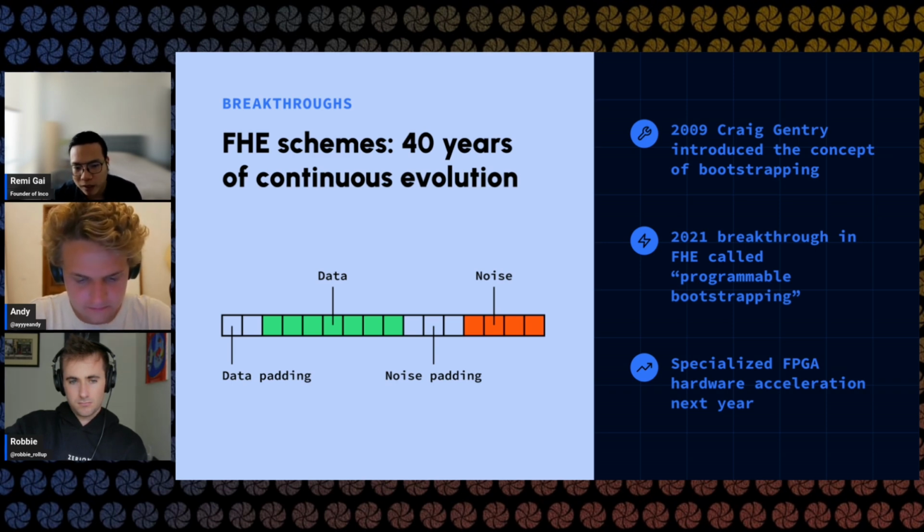So bootstrapping, you can think of it as a way to denoise in between operations so that you can keep this noise in check, so you can continuously do operations on top of this encrypted data without it becoming unusable. This is the breakthrough that Craig came out with back in 2009, which was a pretty big deal back in the day. But this process was still very slow. It was a very costly and slow process, so still making FHE difficult to be practical.